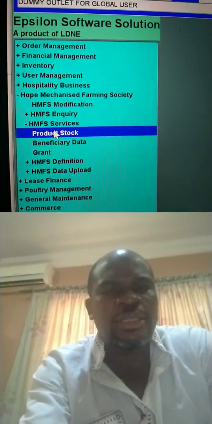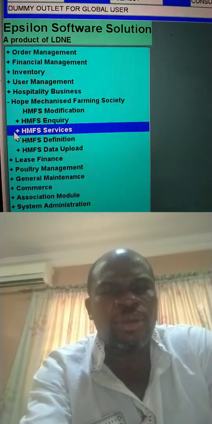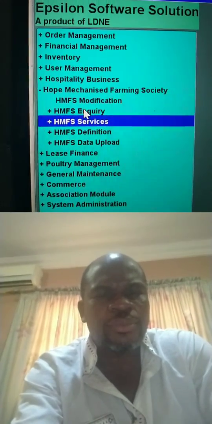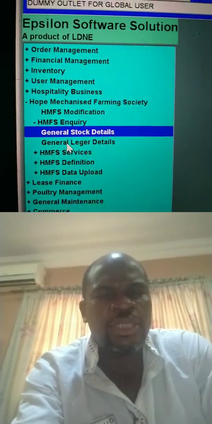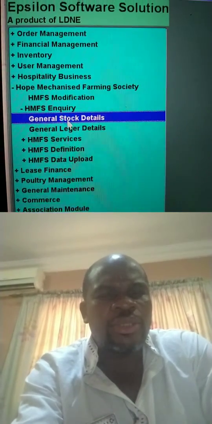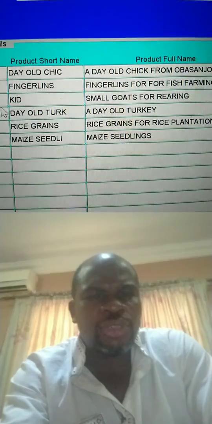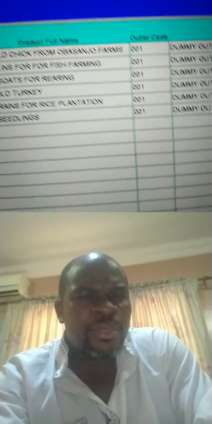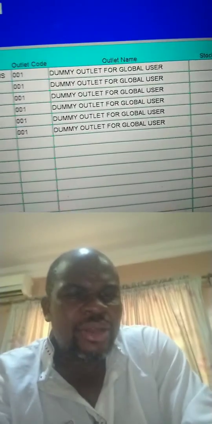After this, we are also going to create an inquiry where you can make an inquiry about the system. That's also here: HMFS inquiry. So far, I've just put two inquiries there based on what you have: inquiry on general ledger details, and inquiry on general stock details. If I click on these stock details now, the only things you can see so far are the product name, short name, the product full name, the branch, that's the outlet of our company, and the name of that outlet, and then the quantity